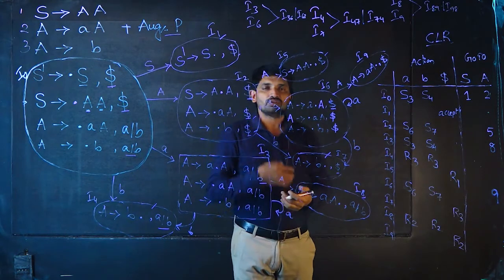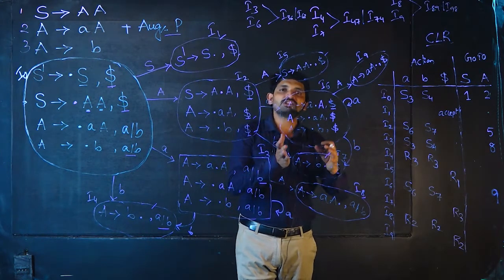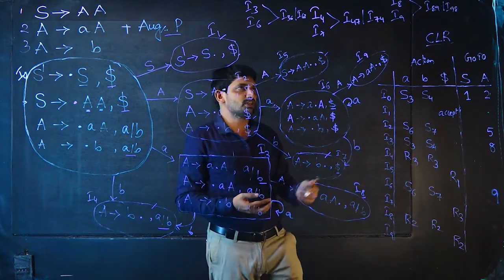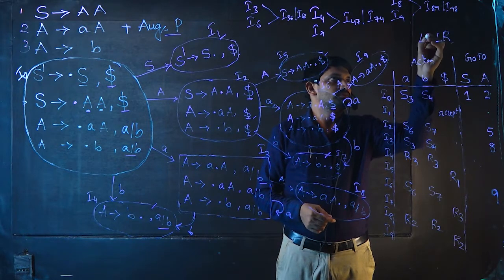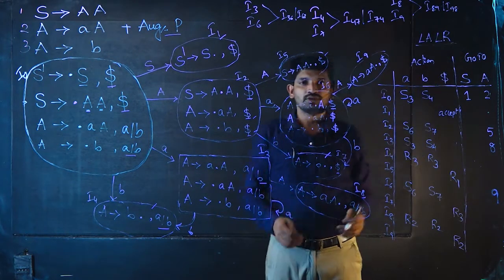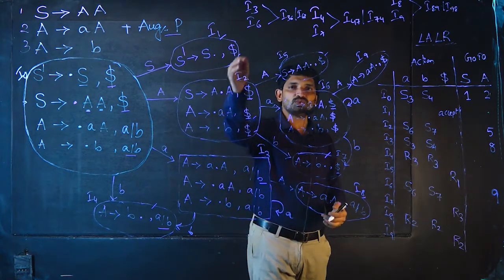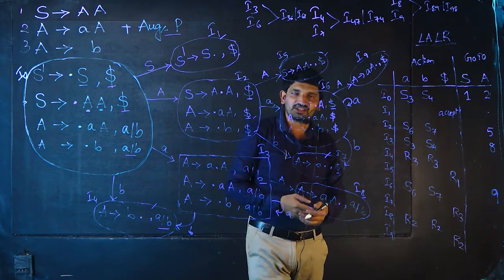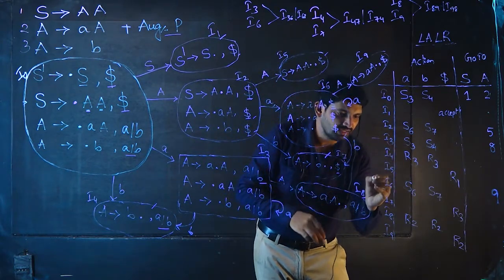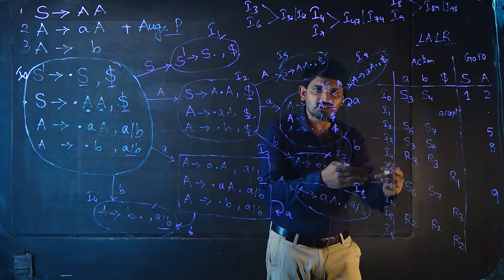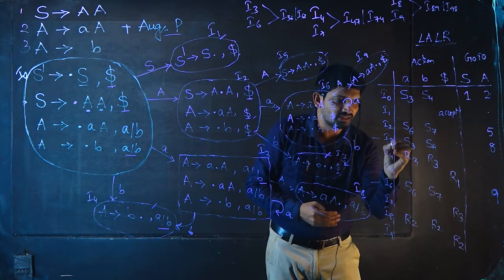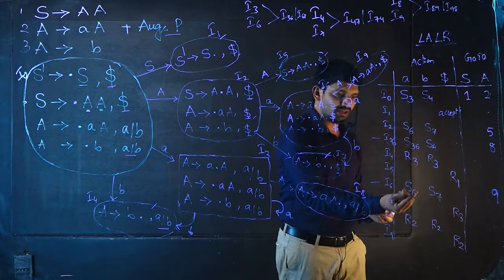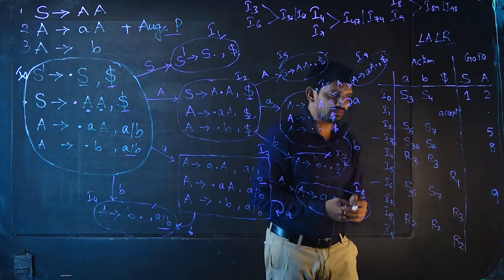So now we are going to convert the CLR parsing table to the LALR parsing table, that is, we are going to construct the LALR parsing table. As we discussed, instead of writing I3 and I6, we are going to write I36. Here I3 is there, here I6 is there, so no need to keep these as two. So we write I36, and this is S36. Here also I36.